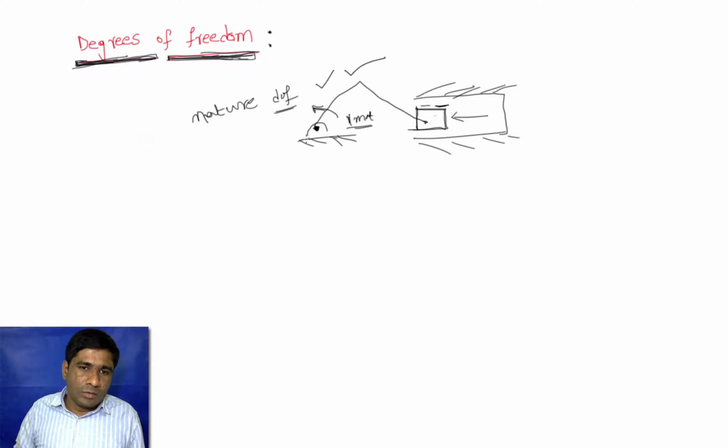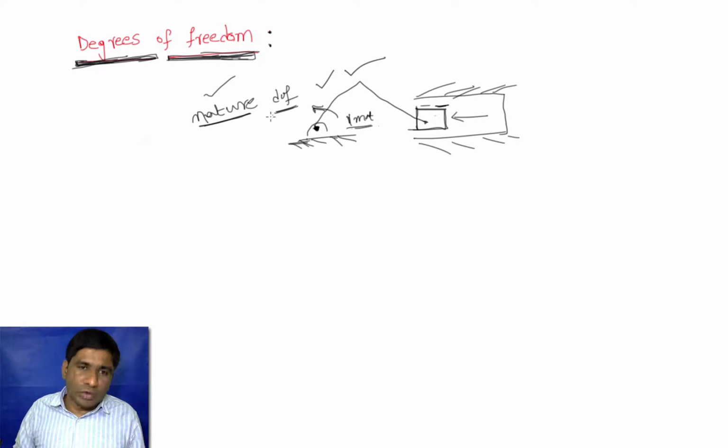If you are a new fellow and you don't know anything about this mechanism, and you want to confirm whether the output motion is translational or rotational, this nature of the degree of freedom distinguishes